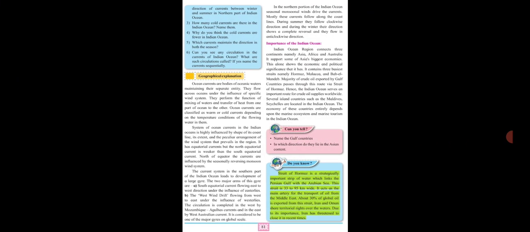Now when we talk about the Indian Ocean currents, in short, what did we try to understand, students? Basically, there are two types of currents. The South Equatorial Current flows from east to west, influenced by the easterlies, and the circulation is completed by the Mozambique and Agulhas currents. Next, the B part is the west wind drift. This flows from west to east, influenced by the westerlies, and the circulation is completed by the West Australian current.